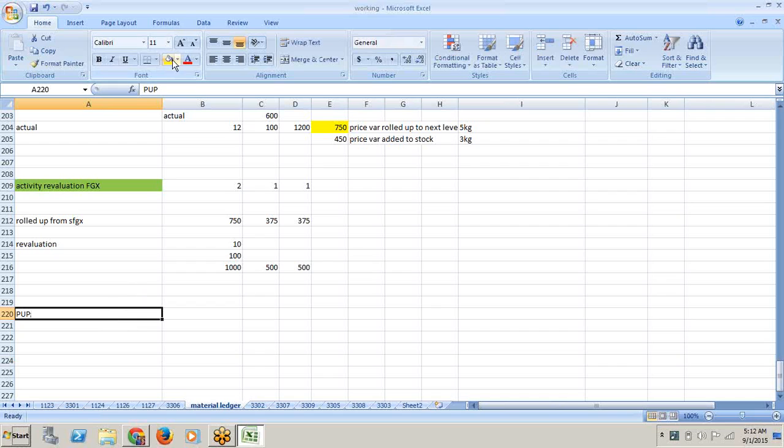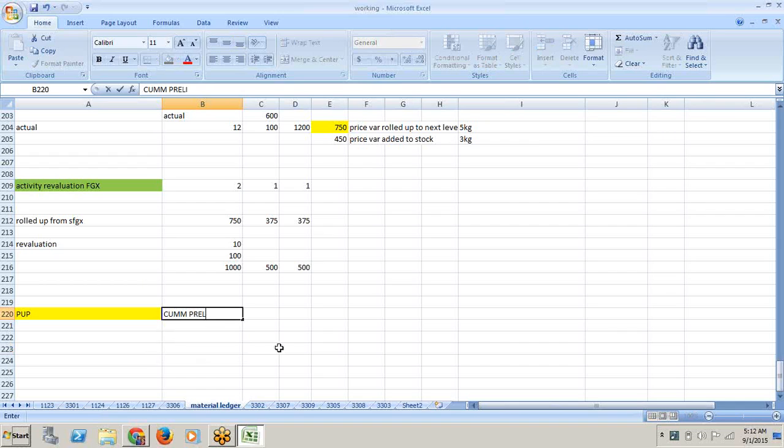So for this PUP, the actual PUP formula is cumulative preliminary valuation, that is nothing but standard price, plan price, plus cumulative price difference of same level, plus cumulative price difference of lower level,